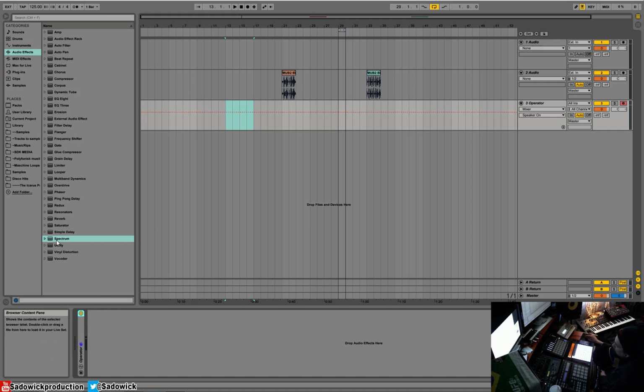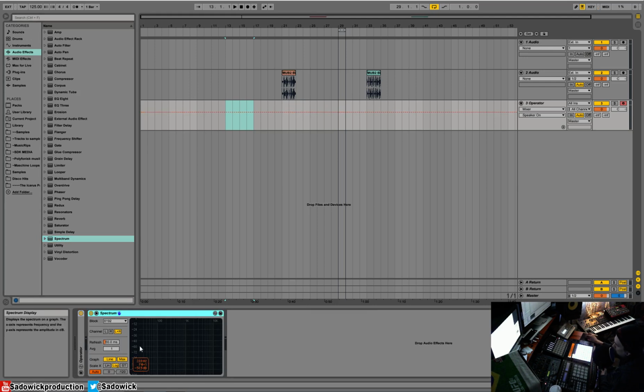So what we're going to do is look at spectrum so we can see what the spectrum of music really is. Music goes from 20 hertz to 20,000 hertz, and that means that if you have a frequency of 20 hertz, that's 20 cycles per second, and that'd be a low bass. So what I'm going to show you